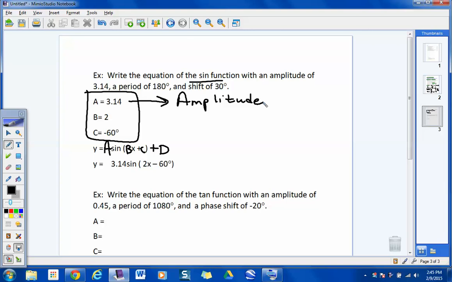Now, I'm confused about the b value. The b value determines what for us? It says it determines a period. Well, up here it says you have a period of what? 180 degrees. That's the new period for this function, but I don't see anything that involves a 2 up there. So how in the world are they getting that? Okay, 360 divided by